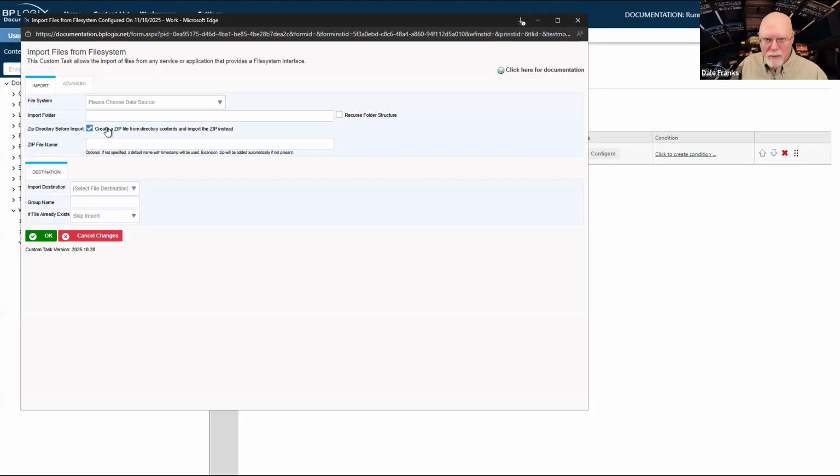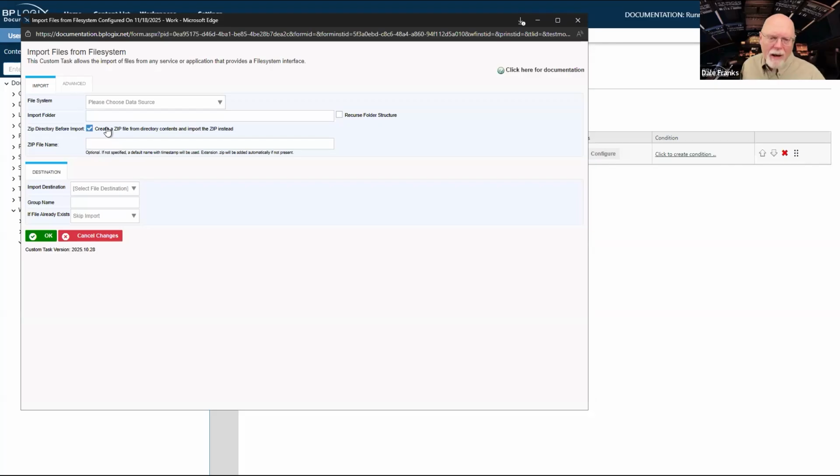Obviously, that's going to reduce bandwidth because the zipping process makes all of those individual files much smaller. So I end up with a much smaller zip archive that is potentially smaller than any single one of the Word documents that reside in the file system folder. And I can just bring them in as a zip archive, and they can be attached to a process just like any other file attachments. And of course, what that means is rather than having 10 file attachments on the form or process, I would have just one file attachment, which would be my zip file. And if people wanted access to the documents, they could just download the individual zip file and then unzip it and look at all the documents.